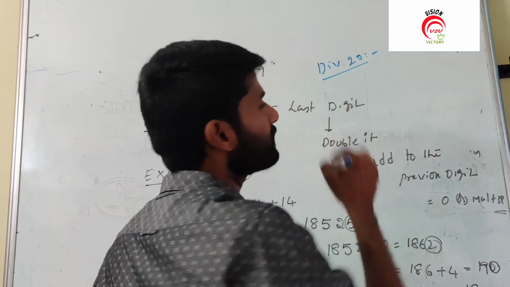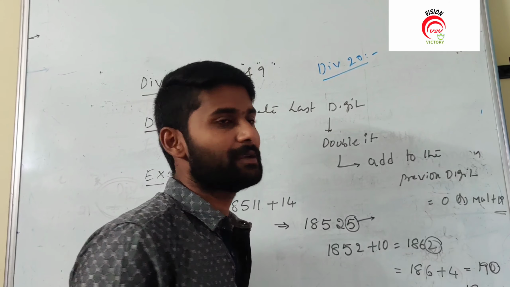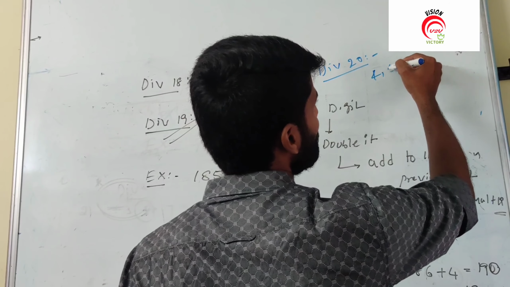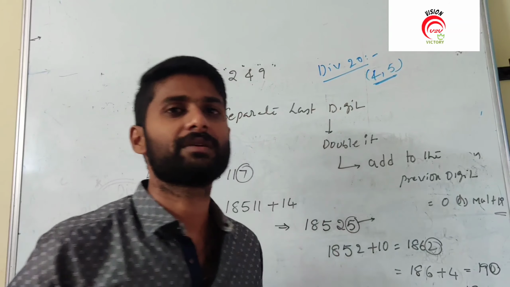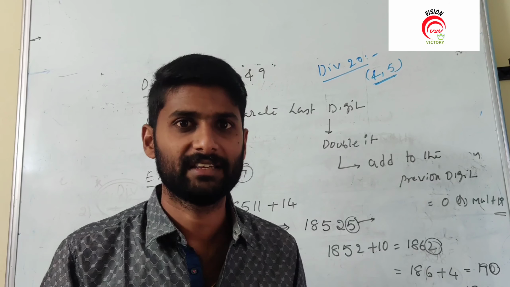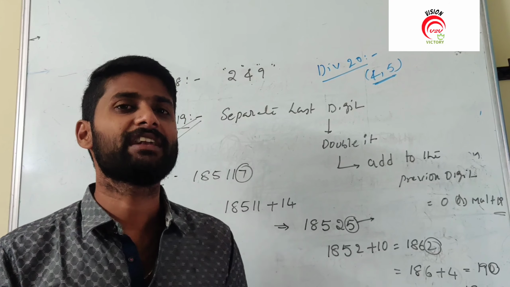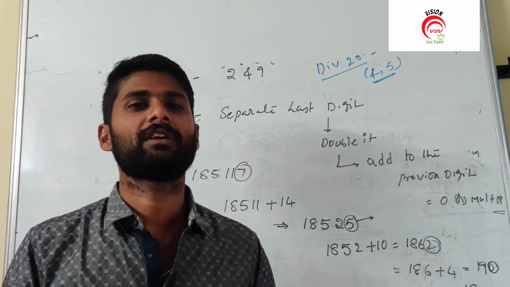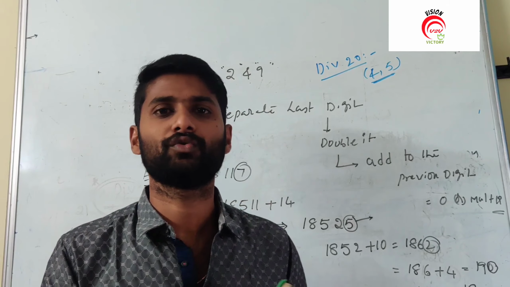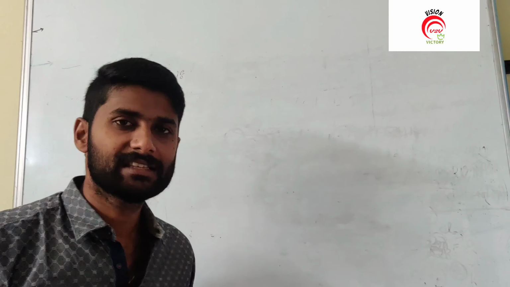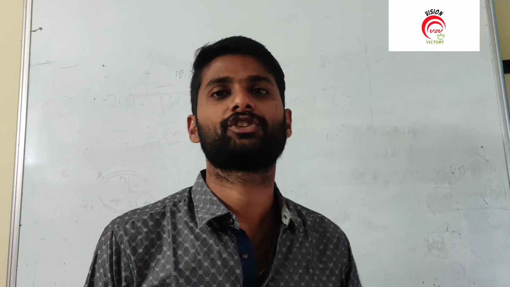Okay, just see. What is the rule of divisible by 20? If any number is divisible by 4 and 5, definitely that number is always divisible by 20. So these are the 1 to 20 different divisibility rules. Whatever the different numbers, focus on the LCM of the two different numbers, and we get a new rule for divisibility. Let's see what are the different questions given in previous year exams related to divisibility.